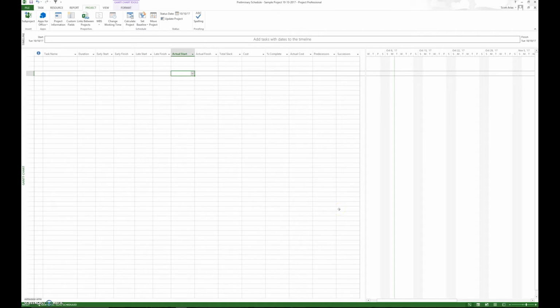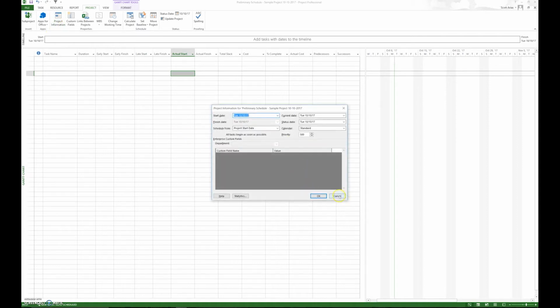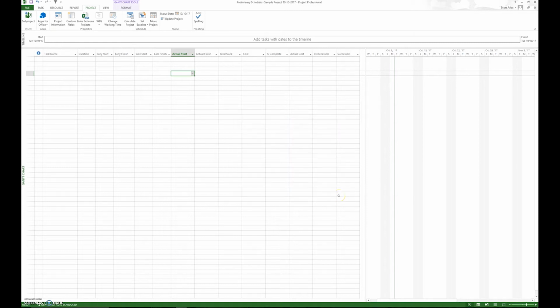To kind of wrap up what we did there, we looked at all the settings for the options we can have within the software. We've gone ahead and put all the project information in with the start dates. One thing I will have to say is these are just some preferences that will definitely help you and should be a standard within your organization. You want to go ahead and set up